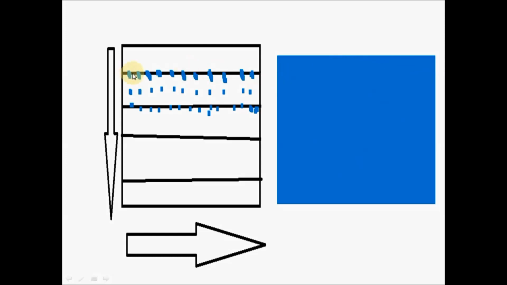So how am I going to fill this particular rectangle? You can see here I am considering scan line by scan line. First I will consider the first scan line and fill it from left to right. After the first scan line is completed, I will take another scan line. Top line first, next line, next line, like that. From top to bottom I will consider the scan lines, but I fill from left to right. You can see the arrow mark. Once the first scan line is completed, I will move downwards.